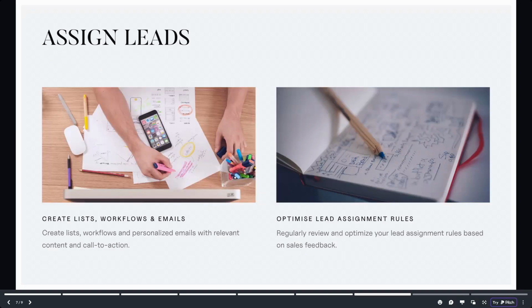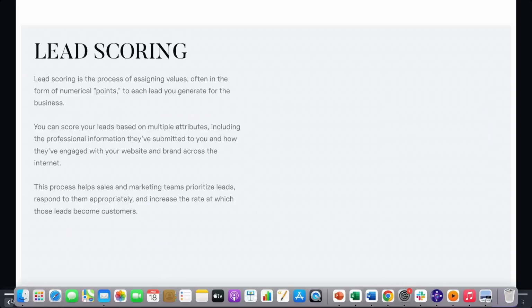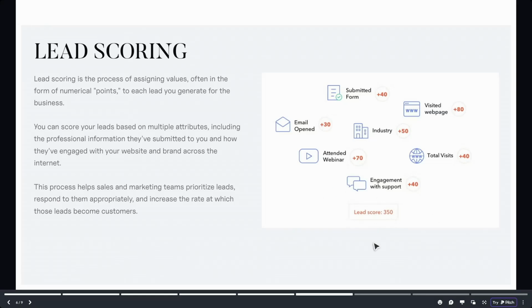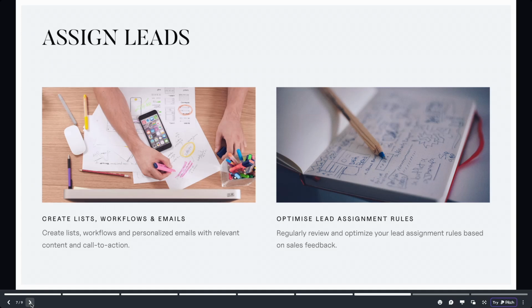Step 5 is assigning leads. When a lead reaches a certain score, just like you see here, right now it shows 350, it's time to hand them over to your sales team. Using automation to assign leads based on criteria like lead score or product interest is something I wish I had adopted sooner. It ensures that no lead falls through the cracks and that every potential customer is followed up